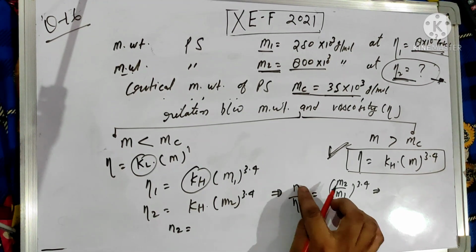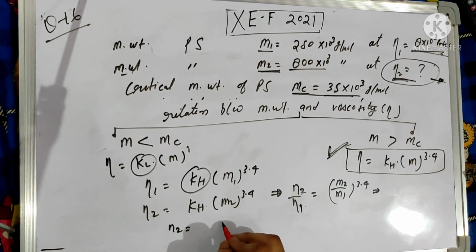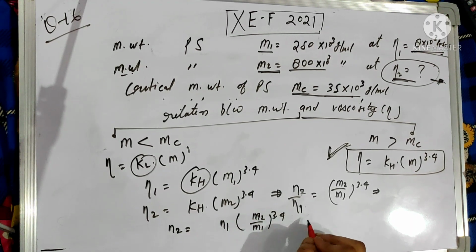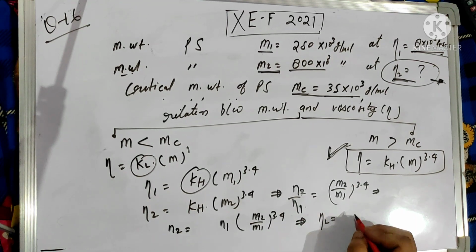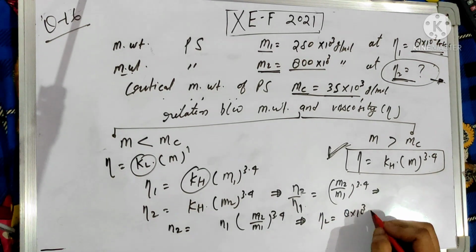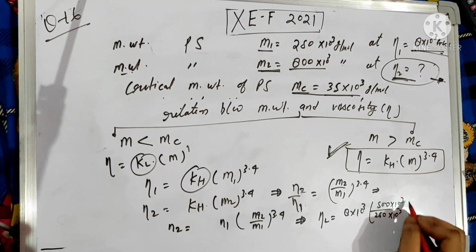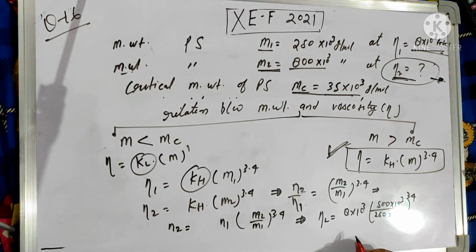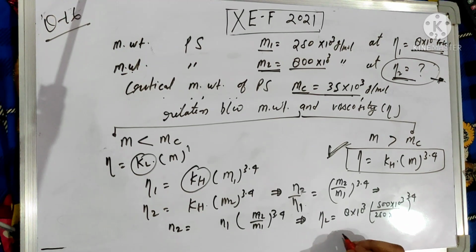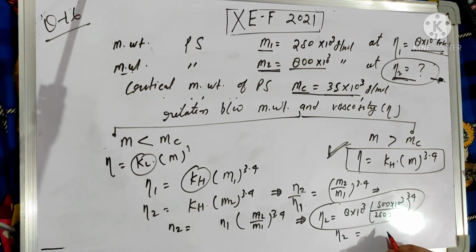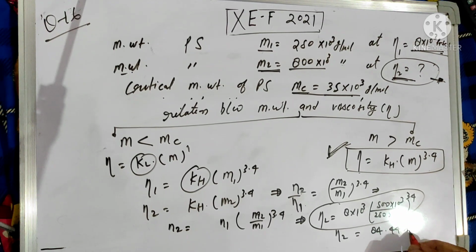Now you get eta 2 is equal to eta 1 into M2 upon M1 power 3.4. Now eta 2 is equal to 8 into 10 power 3 into 500 into 10 power 3 divided by 250 into 10 power 3, power 3.4. Then after calculation you get the viscosity of the polymer, eta 2, is equal to 84.44 into 10 power 3